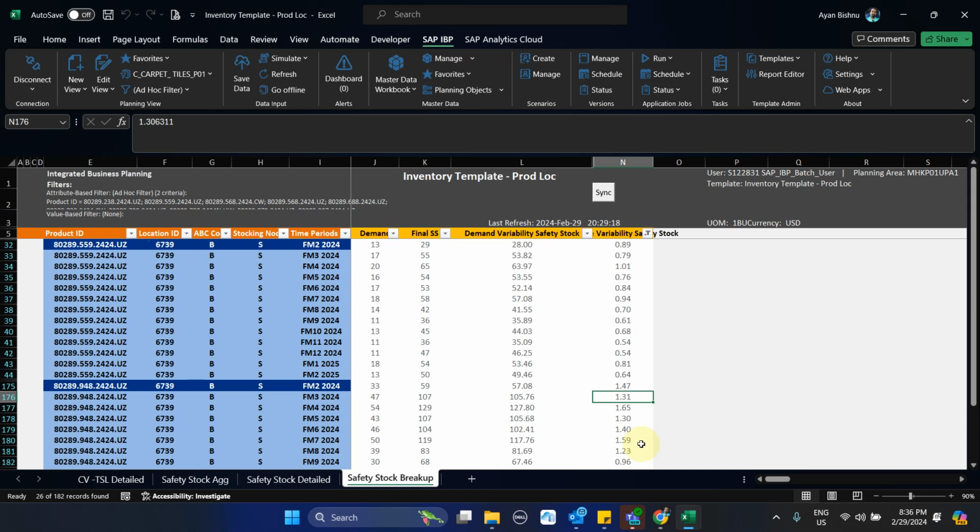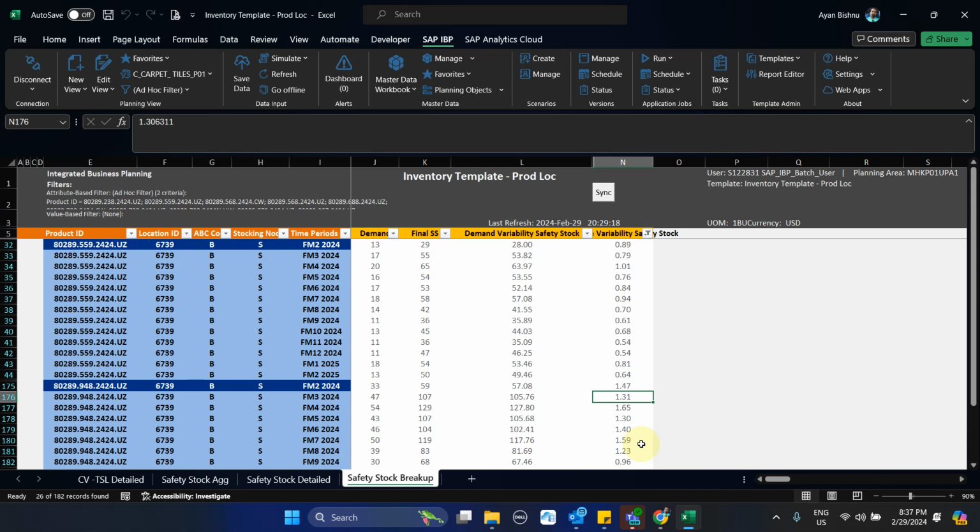Now, a few things to understand and note: as I said before, unlike heuristics and optimizer, we don't know the exact mathematics of how this IO optimization works. But we know what kind of input has what kind of impact, whether an input has a directly proportional or an inversely proportional impact. So with a greater lead time, I will have a bigger safety stock.